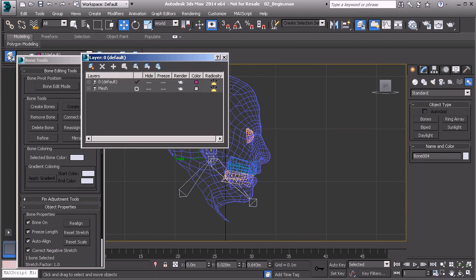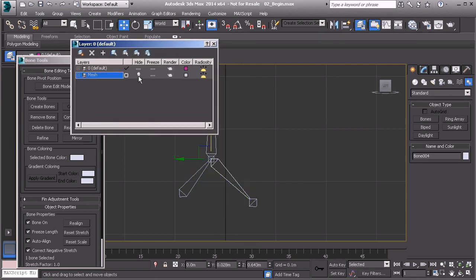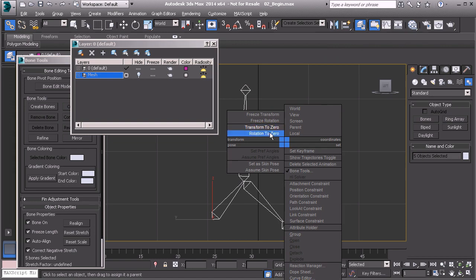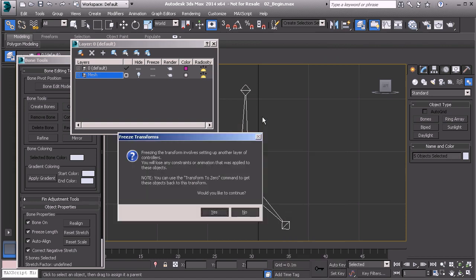Here's what we can do now, just to kind of finish up. We can first go ahead and hide our mesh layer. We can then make sure that the jaw is linked to our head bone. Once we do that, we will then go ahead and select our neck. We'd press Control Page Down to grab the entire hierarchy. Then we can press Alt and then the right mouse button to access our animation quad menu, choose Freeze Transform,